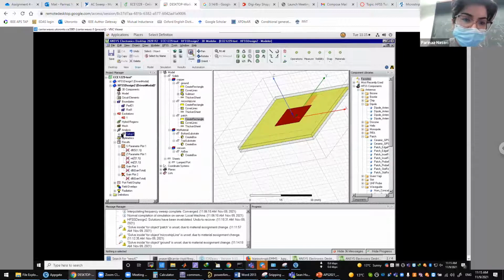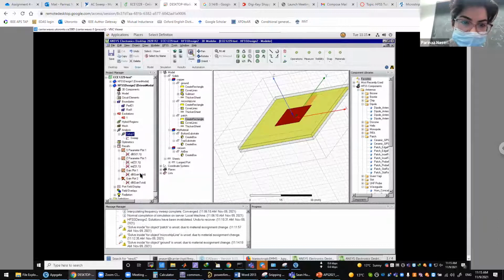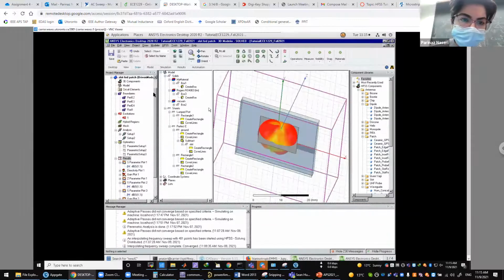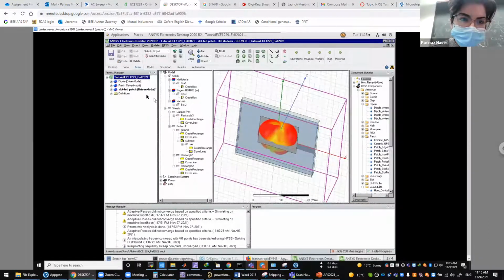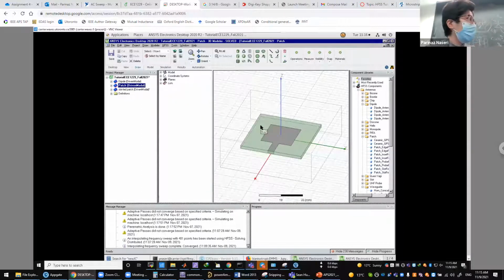Maybe just run it for one single frequency. Let's see this. Oh, this is not working at 10 gigahertz. It was too large for 10 gigahertz, but yeah, while this is getting ready, I'm just going to show you